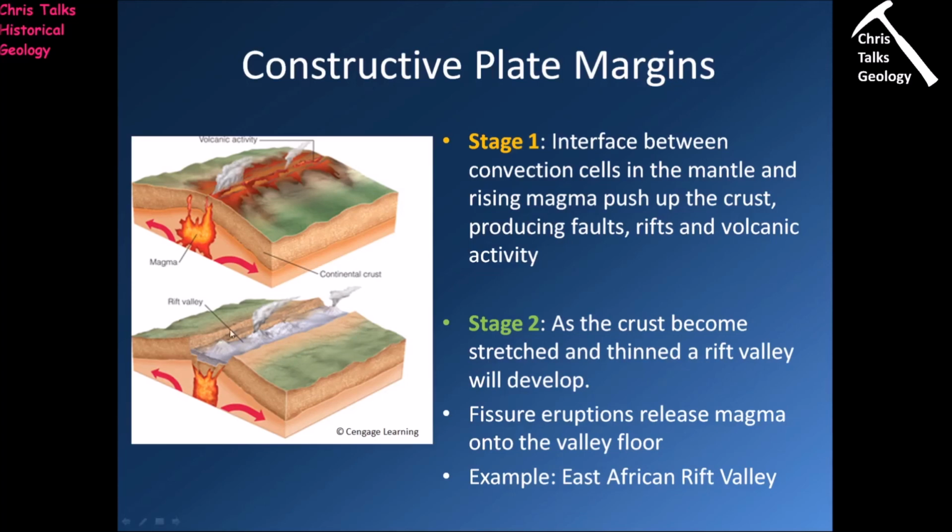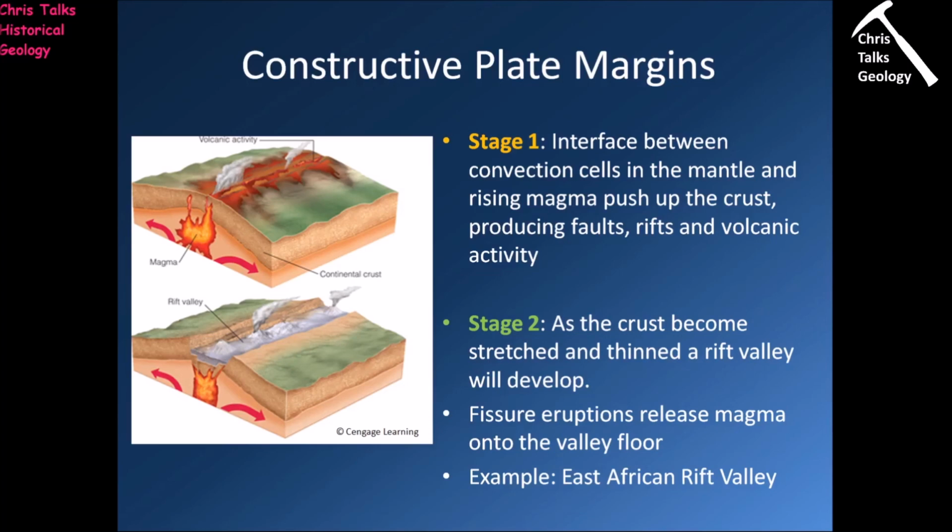So what happens then as we move on to stage 2? Now this is the point where we form something which is referred to as a rift valley. So what's happened is this piece of crust over here is trying to move to the right. This piece of crust here is trying to move to the left, and obviously, as we know, this area in the middle is being stretched, it's being extended. So we know the crust will fail in a brittle fashion, it will break, and that means the crust will split up into these chunks of rock. And these